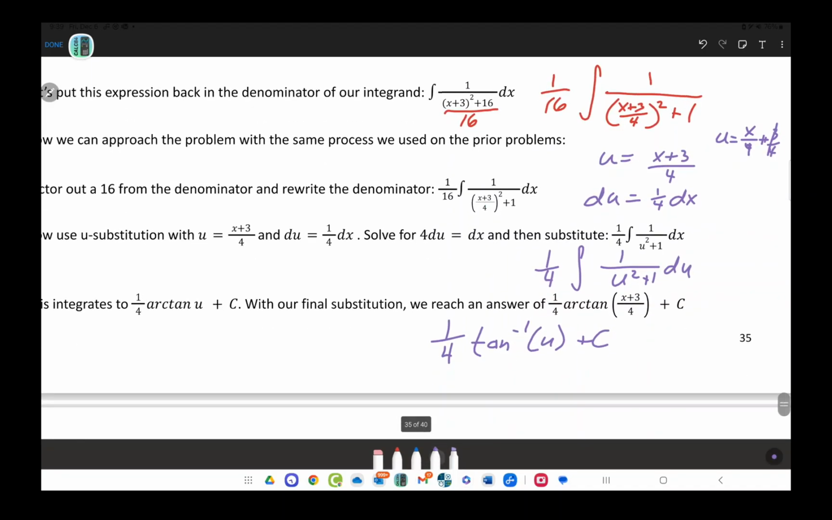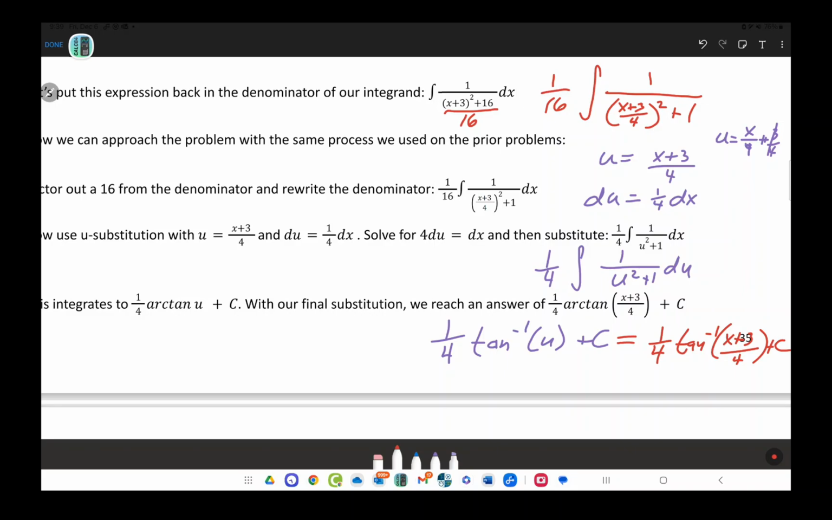And since u is (x plus 3) over 4, the final answer is 1/4 inverse tangent of (x plus 3) over 4 plus c. But again, this is all written for you, so you don't have to write any of that down. So for this one,